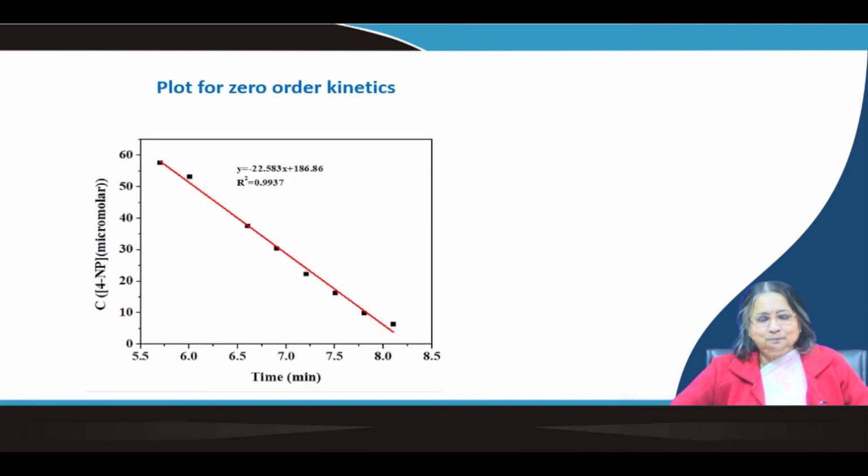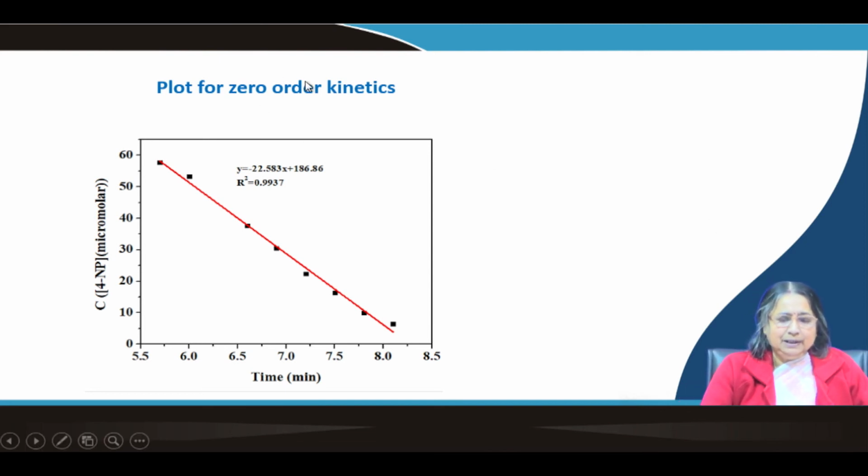Now, after getting the data, we have made a table of different absorbance values at different time intervals. Now, we plot it. We have converted the absorbance values to concentration by using the calibration curve, and we are plotting C values against different times. I already explained that for 0 order kinetics, you should get a straight line when you plot C versus time. So, you can see here a very good straight line with an R square value of 0.99, and this is the equation.